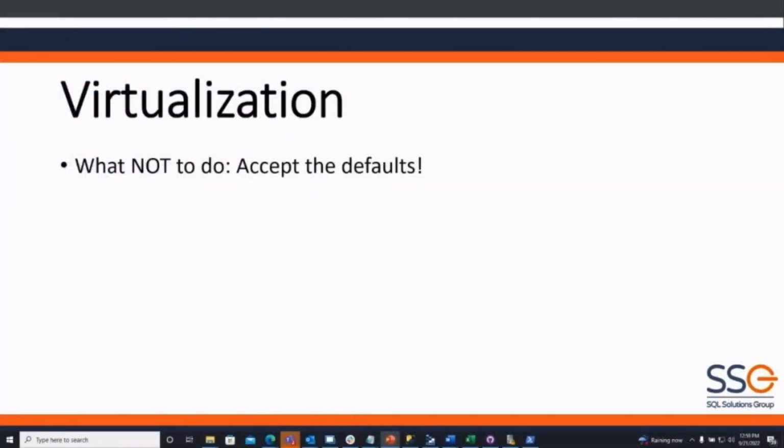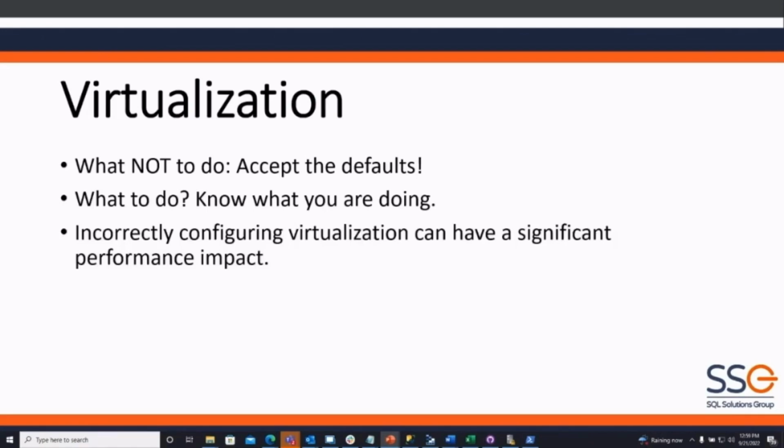Let's talk virtualization. What not to do: accept the defaults, right? Randy talked about this. It's commodity hardware. You need to know what you're doing, right? You 100% know what you're doing, and incorrect configuration can have a significant impact on the performance in any virtualization environment, right? We're going to talk about